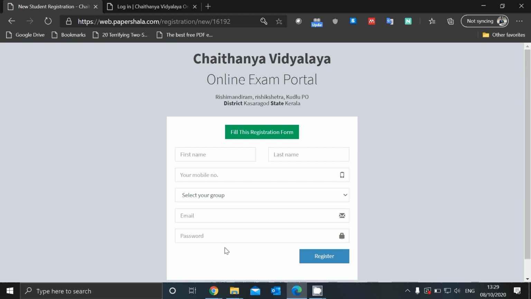And the password is anything of their choice. They can type in any password, but ask them to make sure that it is simple, easy, and that they can remember it well and long. Again, resetting this is a little bit of a hassle for all of us, so ask them to remember this carefully. Once this registration is done and they click on register, the students are registered in the portal.